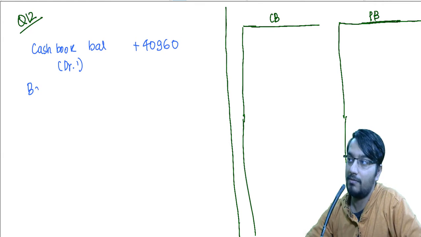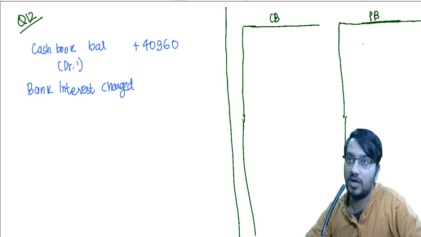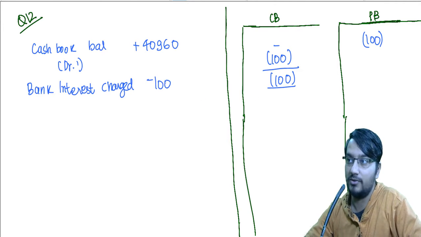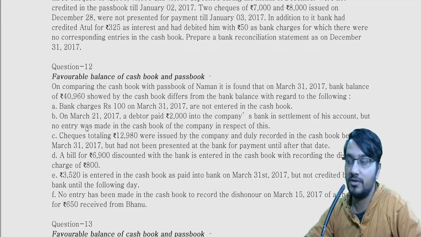The other is bank interest charged. So the bank must have charged 100 rupees from our account. Here we have not entered anything. Since the cash book is the starting point, we'll subtract 100 from here as well so that the total amount becomes equal. So minus 100. On 21st March, which is before 31st March only, a debtor paid an amount directly into my